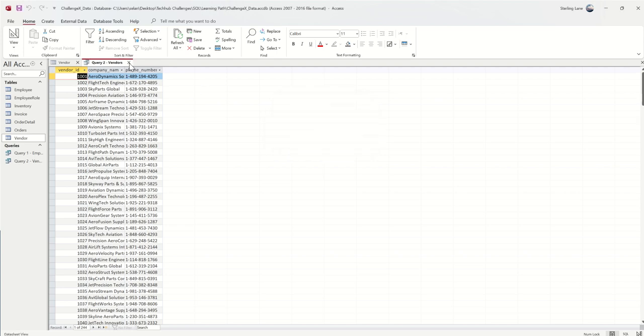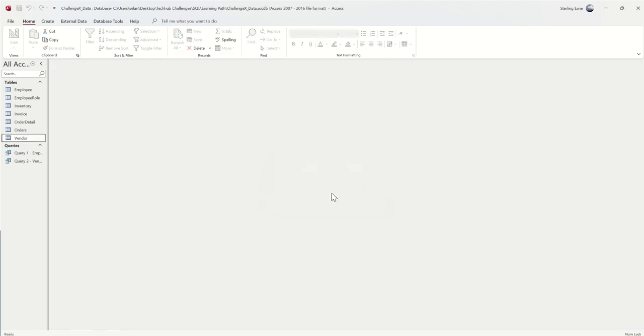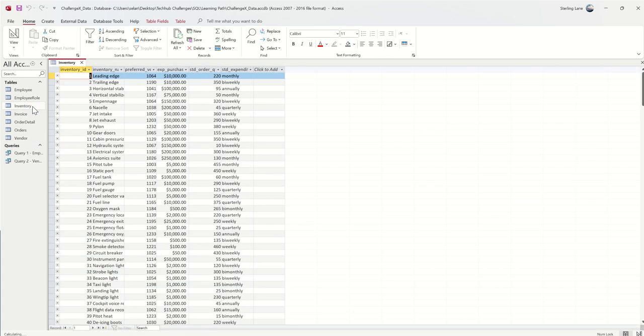All right, perfect. Now let's go ahead and close out of our table and our query and move on to question 3. How frequently do we sell our inventory items? You need to write a query showing the inventory name and the standard expenditure frequency for this item in the inventory table. So let's take a look at the inventory table, because we know that this is going to be